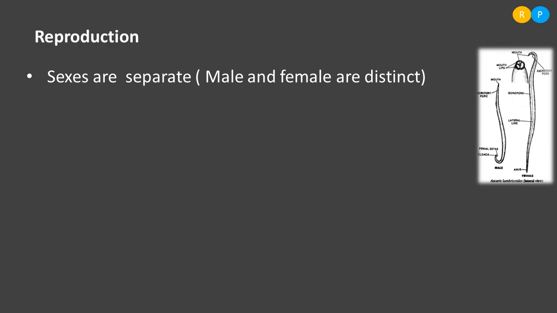In the female worm, you can notice the presence of the gonopore. The gonopore is actually the opening of the oviduct, from where the entry of the male gamete takes place, or the removal of eggs takes place from the female animal. If you see the mode of fertilization, the fertilization is internal. That means it takes place within the female body itself, so it is called internal fertilization.